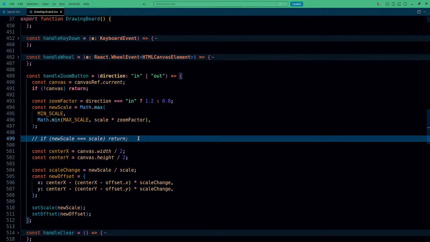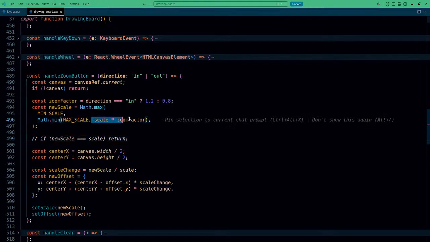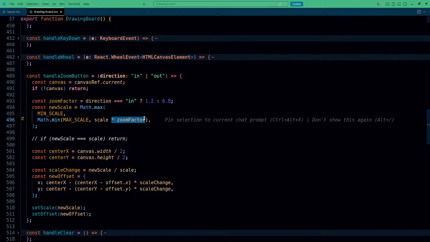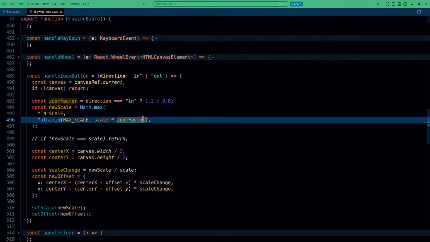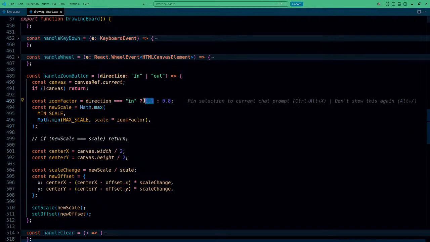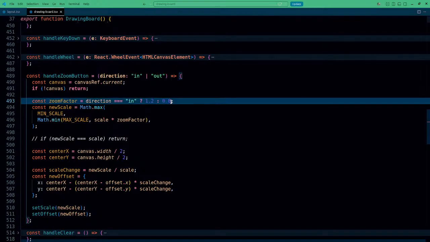Will it be? Scale doing this, so we are not really increasing the scale, right? So the new scale is going to be calculated not by multiplying the zoom factor, rather just simply adding 0.1. That's what I want. So as per this, if it is zoom in, the zoom factor increases, and when zoom out, the zoom factor decreases. But what I want that